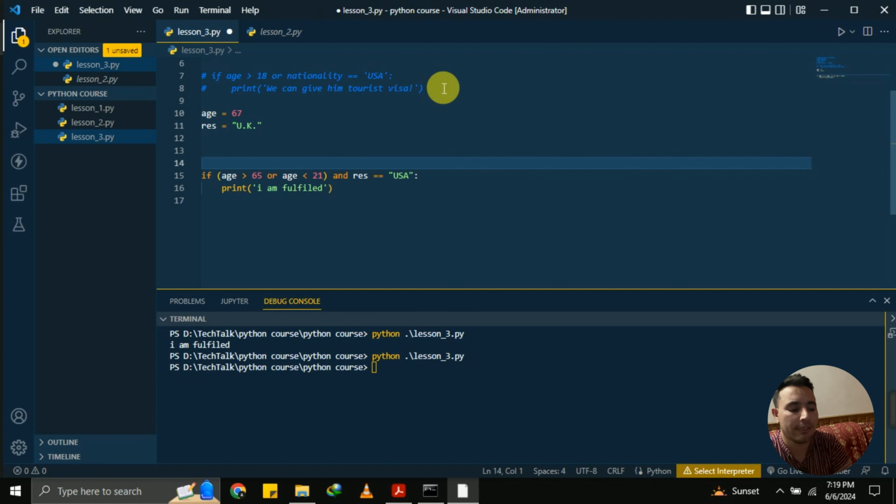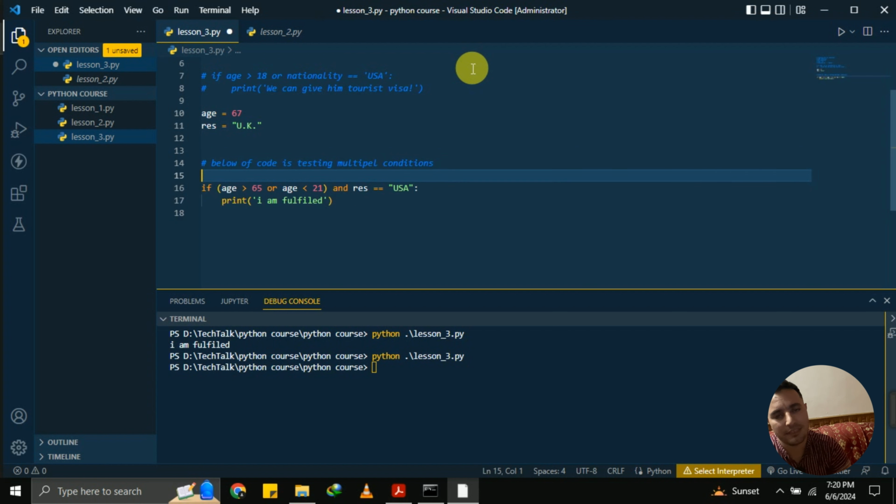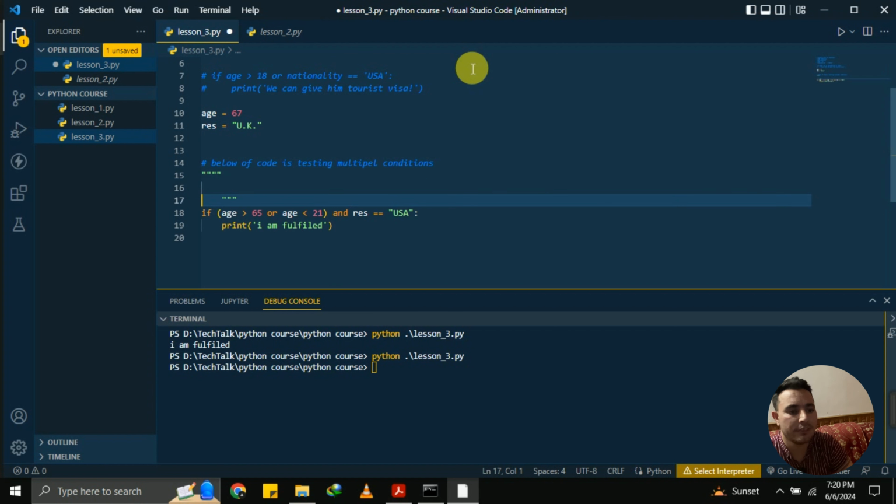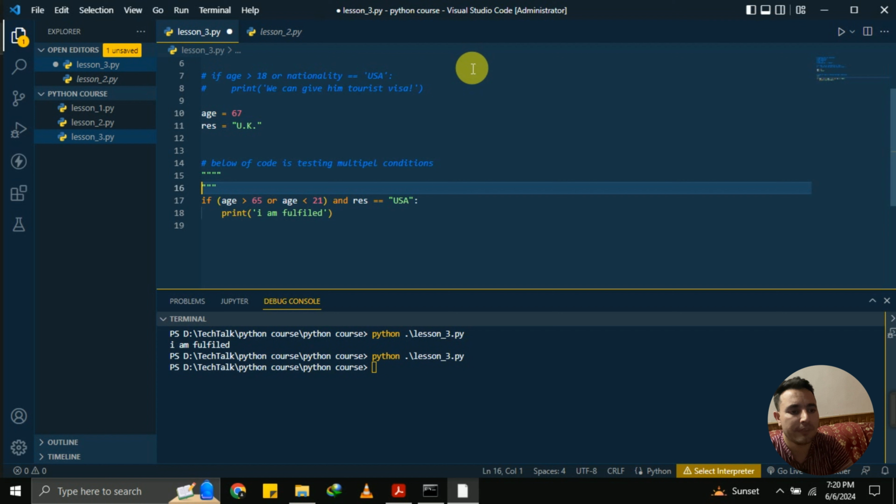For example, I have written here that this block of code below is testing multiple conditions. That's it. I can write whatever I want, but I can write in a single line. I cannot write multiple lines as a comment. So whenever I want to write multiple lines, what I can do is use three quote signs. Okay, so I can use these codes. Whatever I write between these two lines is going to be comments. I can write